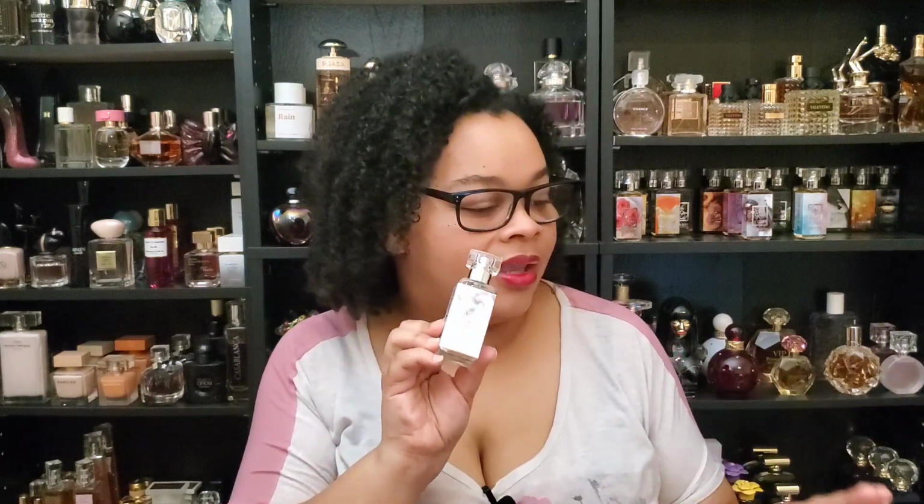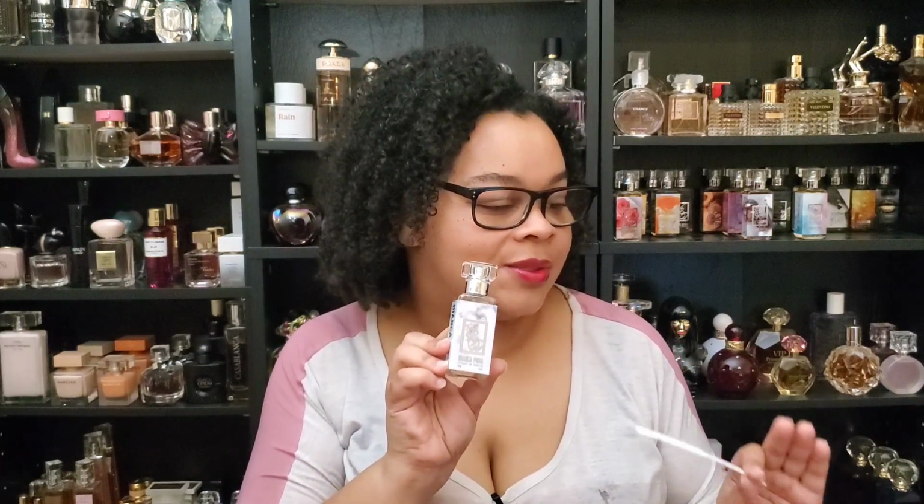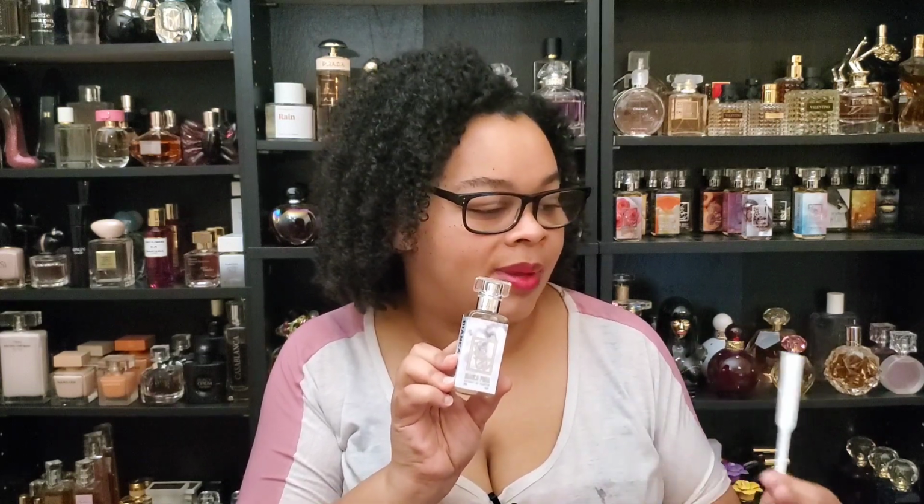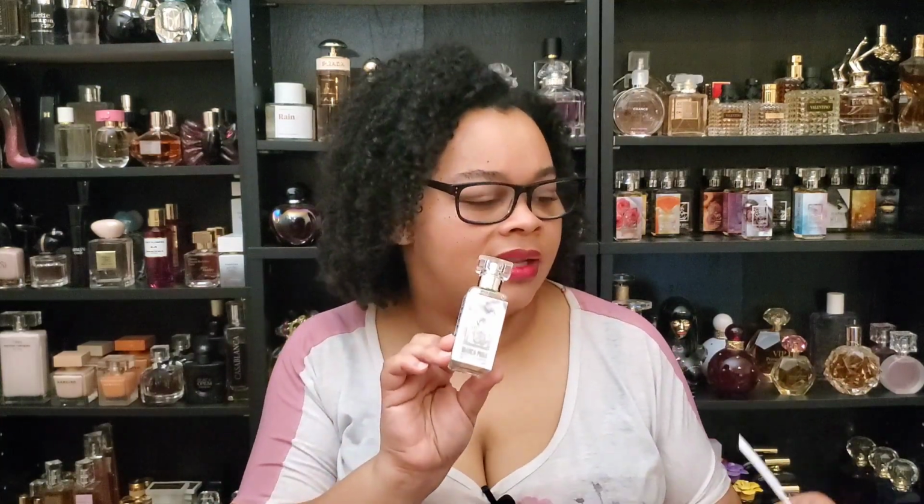Oh my gosh, the way that this just takes over the room, the spiciness that you get. And I can only guess that that spiciness is going to come from that neroli and that pomelo. That Pomelo Paradis from Atelier Cologne is very spicy to me too. But I think it might have patchouli or vetiver in it, which I thought was contributing to that. But I'm getting that type of,